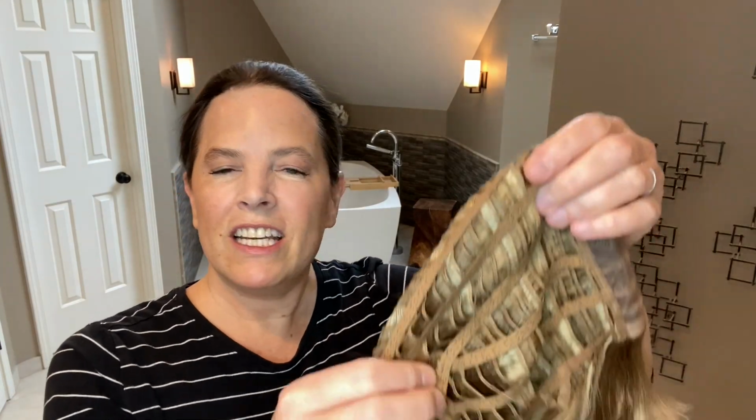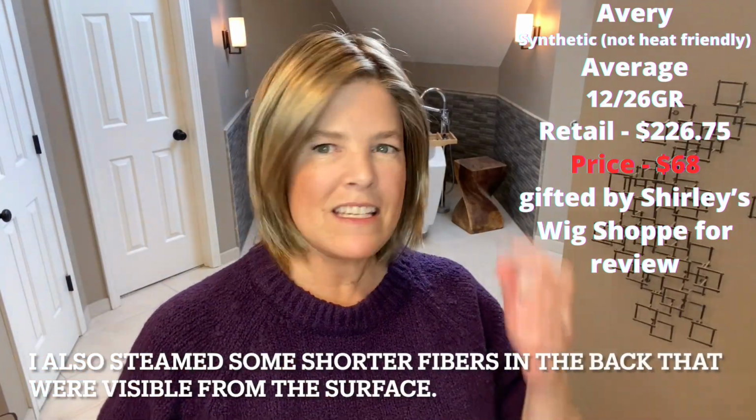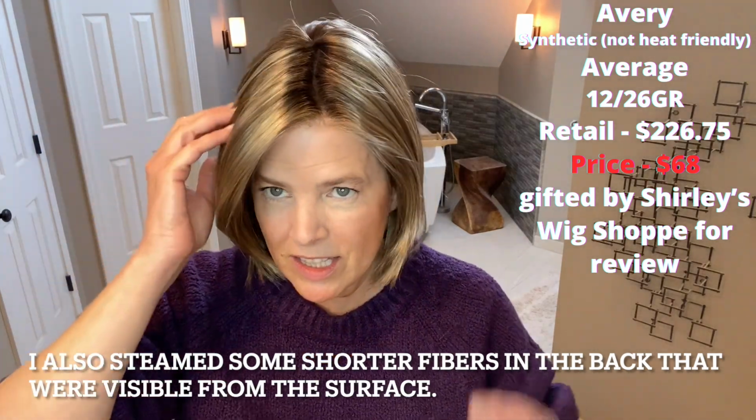The open wefting in the back and on the sides creates a nice and stretchy cap. This adorable little bob style is Avery in the color 1226GR by Henry Margu, and these are synthetic fibers, not heat-friendly synthetic fibers, but just a very pretty bob style